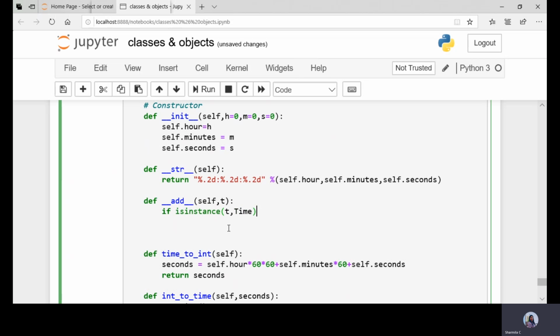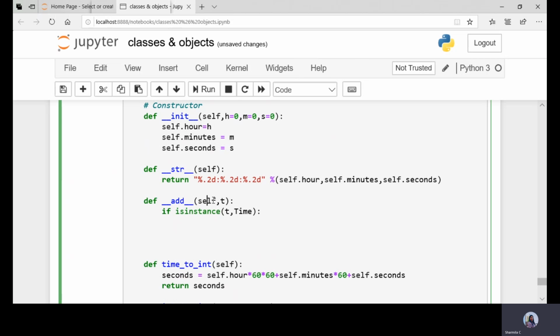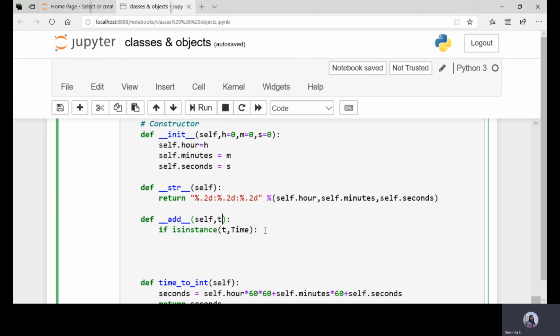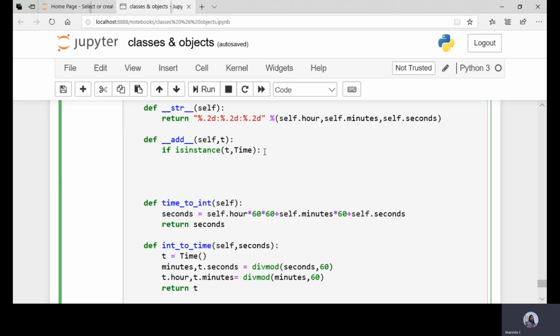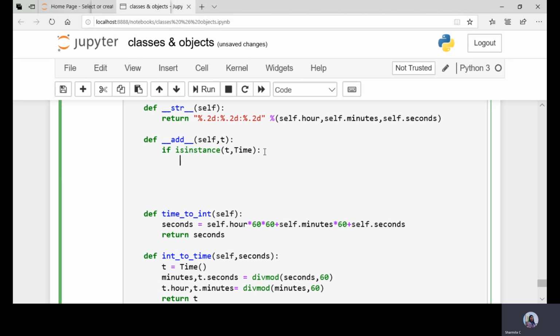If this is true, then definitely both the arguments are objects. If both the arguments are objects, then perform the normal addition operation.